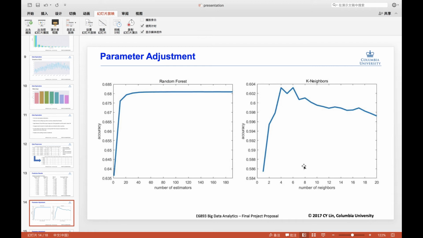We can see from the figure that the accuracy increases when the number of neighbors increases from 1 to 4, and after 4, the accuracy constantly decreases as the number of neighbors increases. When the number of neighbors is set to 4 or 6, it can achieve the best performance. Therefore, we choose 4 as the number of neighbors. For Gaussian naive Bayes, there are not many parameters to adjust, so we use the default parameters to train the model.